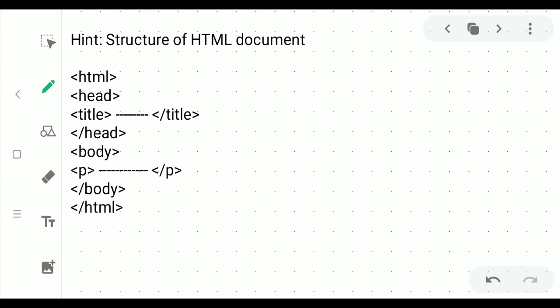Suppose in the body section, the paragraph is starting with P. Open the P. Now give the H1. Type the first point. Close H1. Now give the H2 tag. Type the text. Close H2. Similarly till H6. Now the paragraph is over. So immediately you have to close the P tag denoting with the forward slash. Then the body section is also completed. Close the body section and then close the HTML.